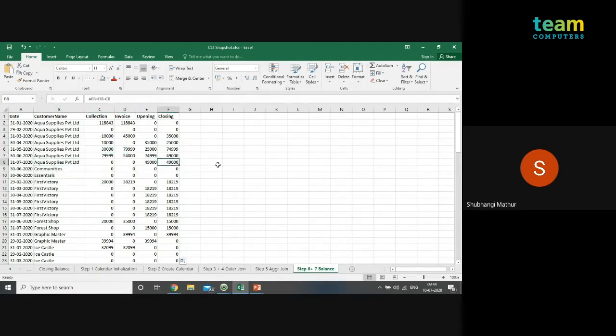For July, now we're getting the July value. For July, it's coming as 49,000. For June also, it is 49,000. And May, as we know, it's coming as 74,999. Right? So this is fine. And to do this in Qlik,